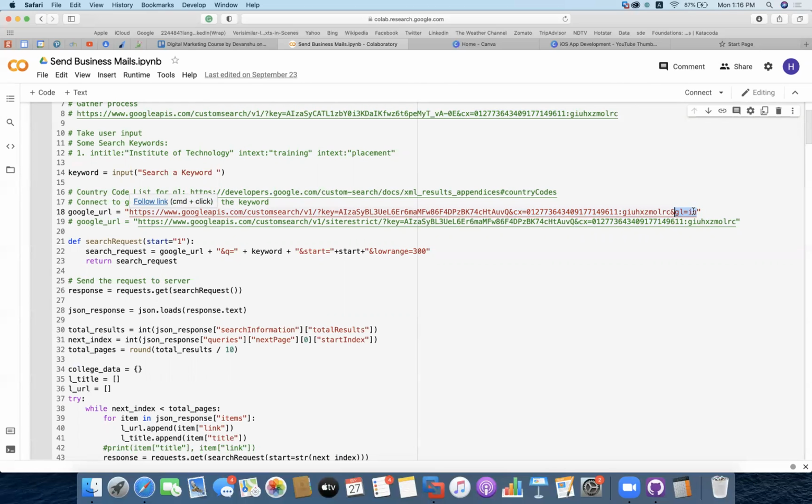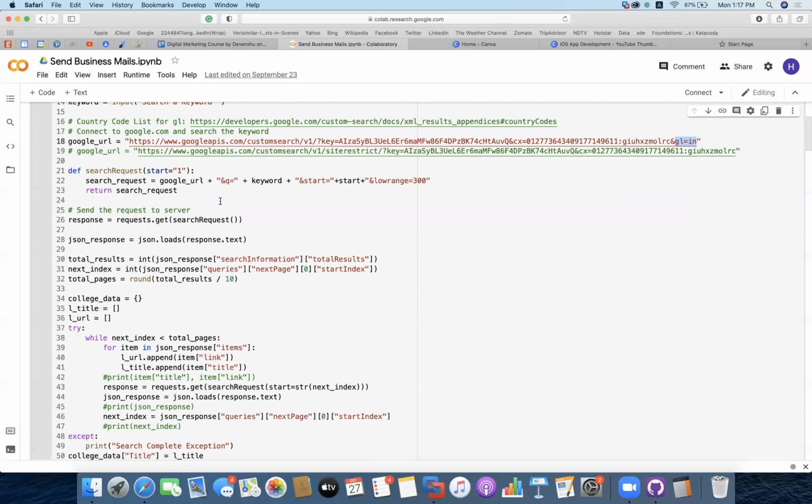You can change the geographical location to US, Canada, or any other location so that Google can search for the resources within that country. Because for the same query, the results might be different for Google India and Google USA. So depending on which location we are targeting, we can quickly take the geographical location and find out the search.